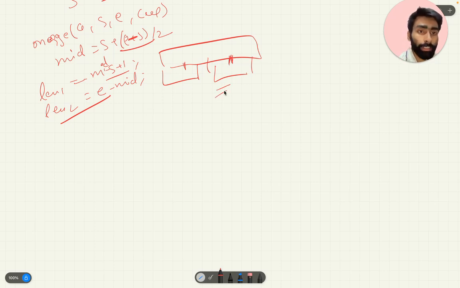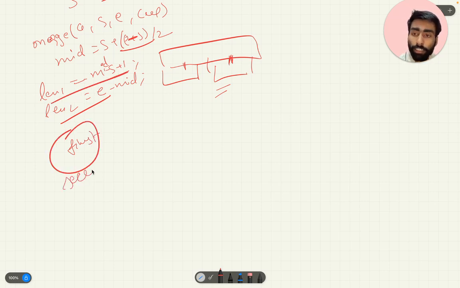After getting this mid, we will create two variables, or two pointers. First to traverse in this, and second to traverse in this. This will be done.